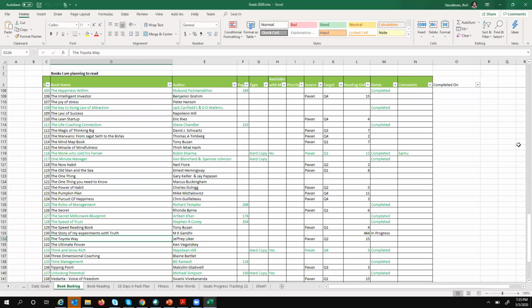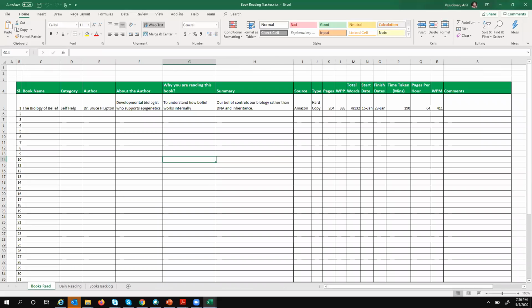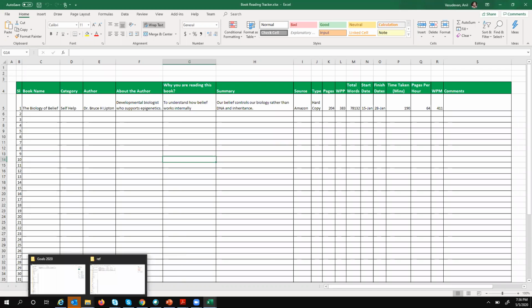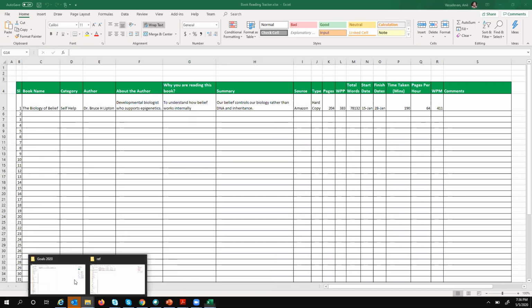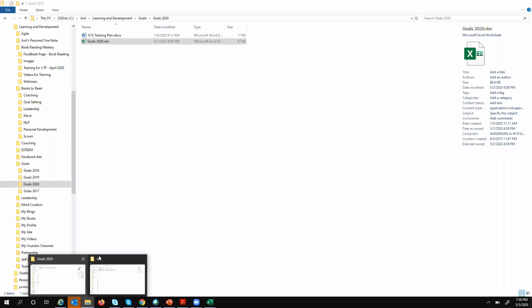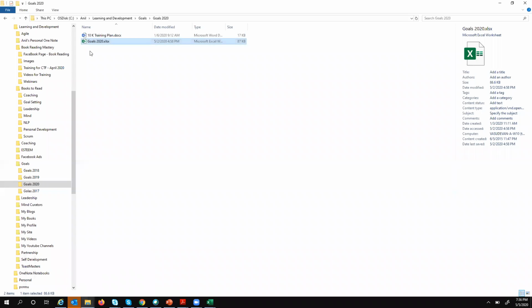So I'll share this. Did you make this list? Sorry? When did you make that list? Yeah, this I keep on adding. Every year when I carry forward my goals, I just copy that along with it. This list was made, I think, a couple of years back. I started putting things in it, and whenever I complete any of the books, I update it. Yeah.